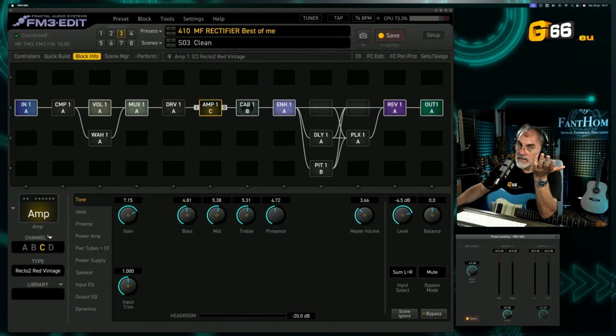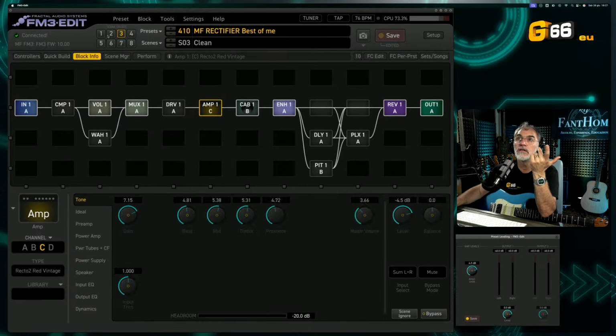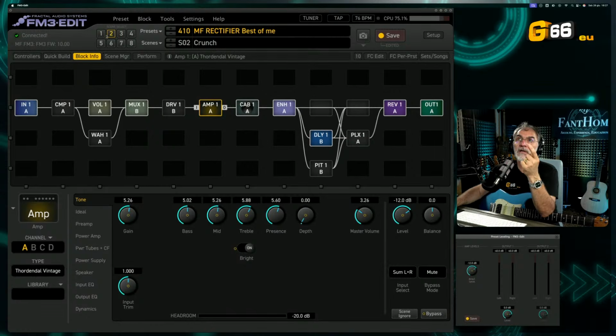I have to select a channel that I don't want to use anymore, because in this channel there is the Rect 2 Red Vintage, but I assume that I don't want to use this amp anymore on my new preset, because in this preset I use the Tordental Vintage, okay, as a distortion amp. So I can use the slot